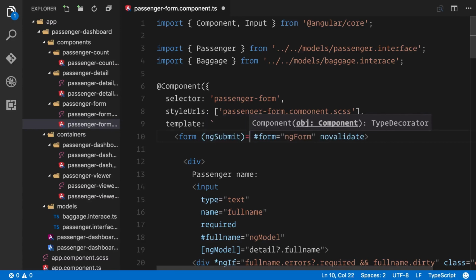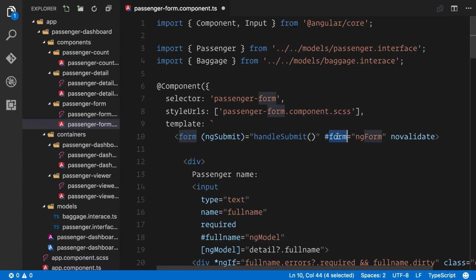Now ngSubmit actually does some extra stuff for you, such as telling the ngForm underneath that in fact the form has been submitted. So what we want to do here when ngSubmit is fired, we'll just create a function. Now it doesn't take an event, but we can also pass our form. Because this is a template driven form, the form is the guider of the model. So what we can do is take the form, we could pass in the form as a whole if we wanted to,